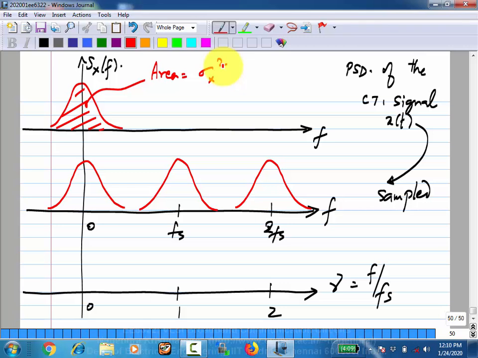So now, in discrete time, in the sampled case, how do you get the power? So in the continuous time case you have to integrate from minus infinity to infinity, and in the sampled case you have to integrate from minus fs by 2 to fs by 2. Or if the spectral density is single sided, in the continuous time case 0 to infinity, and in the discrete time case 0 to fs by 2. Okay. So what should the area of this be? It should also be